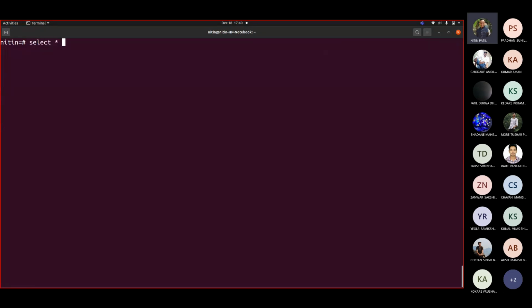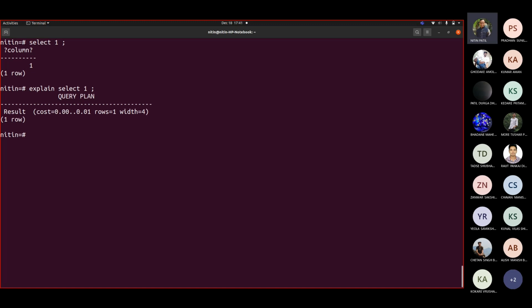So let me first type this. You can note down the different plan operators. So the first query is this: let us write select 1. What is the output shown? 1. So if I write explain here, see what it shows. It shows Result as my query plan. Similarly, if I write select 1 plus 12, it shows me Result. So the first query plan operator is Result. I am going to talk about this definitely, but not in this session, in the next session.